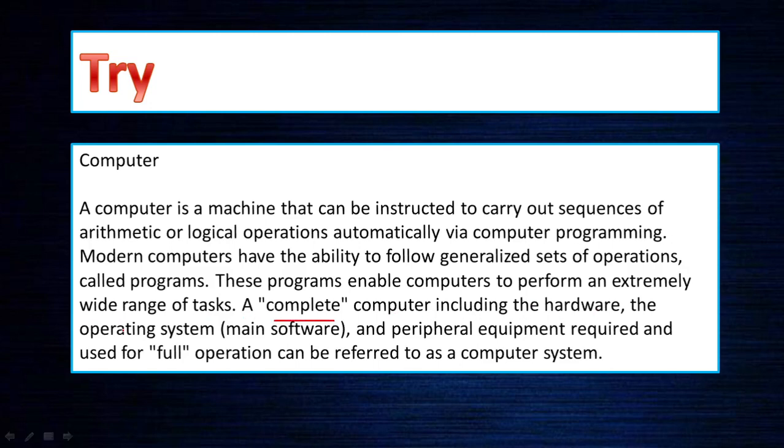computer, including the hardware, the operating system, and the peripheral equipment required for full operation, can be referred to as a computer system. So when it becomes a computer system, it is supposed to be hardware, software, and peripheral equipment. All this combined together makes a computer system. So maybe you can make this bold, where computer is bold, and program, hardware and all italics. Therefore, plan it properly. The same text you have to make as a page. Type it in Notepad++, apply all the paragraph tags, bold tags, italics tags, and do the new files.